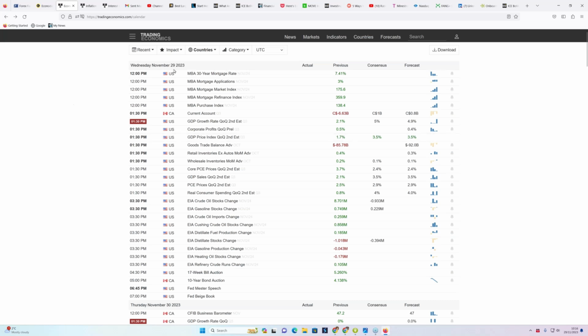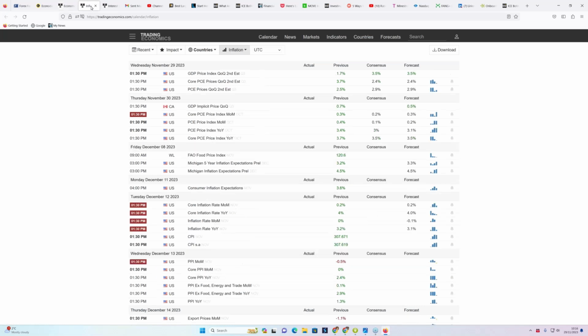What you can also do with this calendar, which is really very, very neat, is that it has an awful lot of categories. And this is what I meant by saying, well, do you want to refine it even more and look at the ones at the moment? Inflation data is very, very important. So anything to do with inflation and prices. I've actually just highlighted this one and put it in a separate tab. You go there, and it's really neat. It moves it forward.